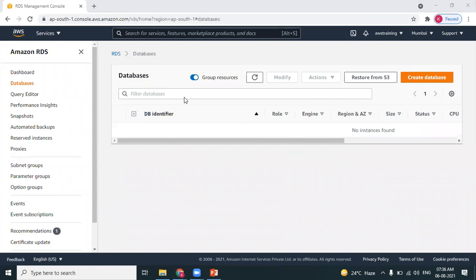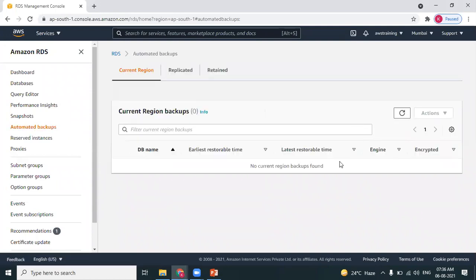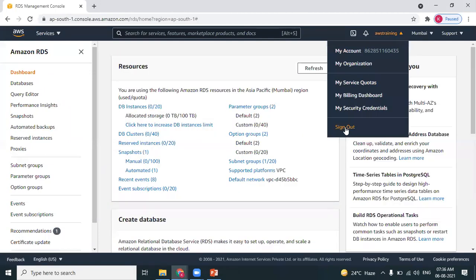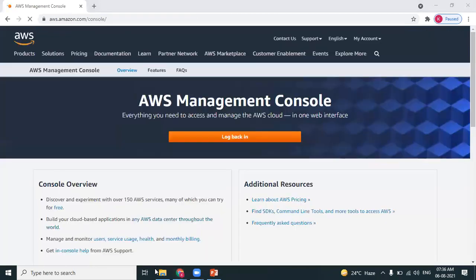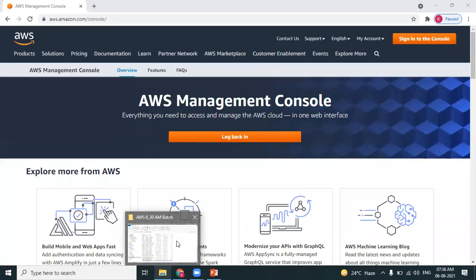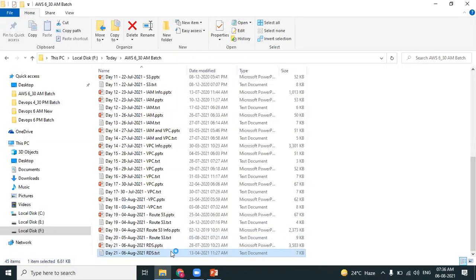As planned, we have completed exposure to RDS instances. I have deleted the instances. Now there are no instances found, and the automatic backups will also be deleted automatically. Once it is done, you can log out. The next thing we need to discuss is about